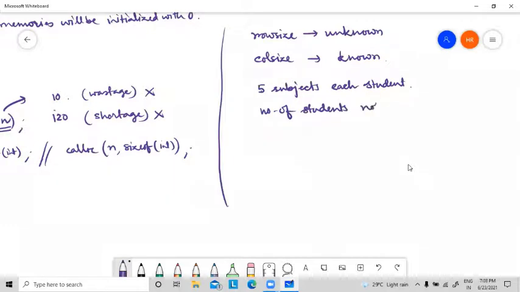Not known. I have no idea about the number of students, because suppose online form fill up is happening. So we know that each student has to fill up 5 subjects. But I have no idea how many students will fill this form. Logic clear? So it means I know for each student 5 subjects, meaning I know the column size.